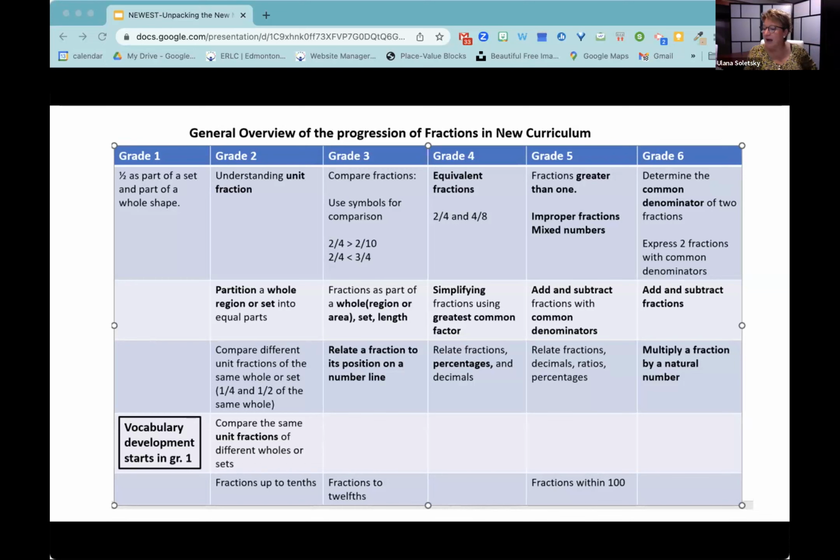Developmentally, you're right. The progression, Kathy, is appropriate, but it'll be tough. And yes, Judy, at this point, they are going to be retaught in junior high, but we don't know what'll be coming up next. Is there a new curriculum? I have no idea. I have not seen it yet.